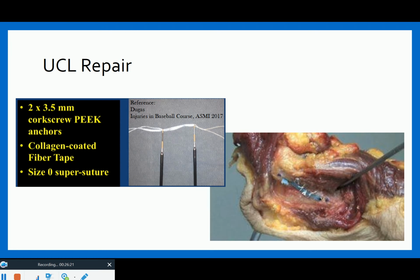Here's the UCL repair. What they use is this white, basically collagen-coated fiber tape with sutures on the ends. And if you look closely at the picture at the bottom right, they do use a kind of an interference screw technique where they have anchors, which is the blue. They're anchored back down this